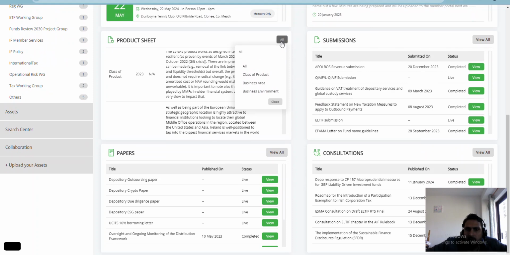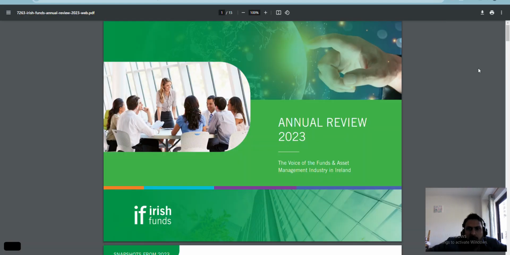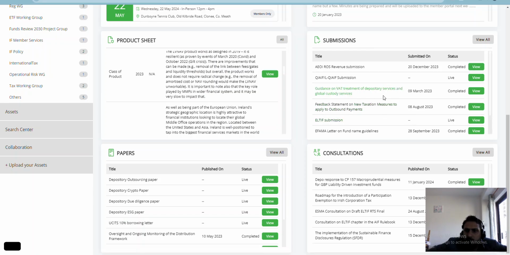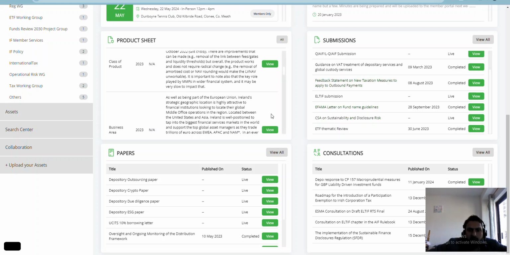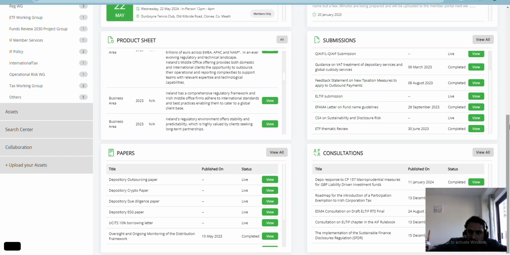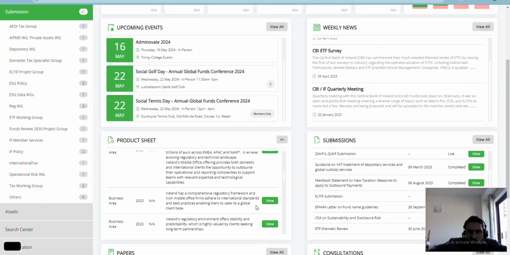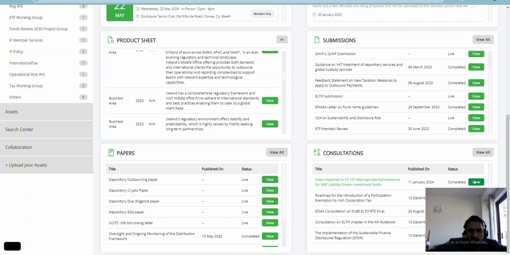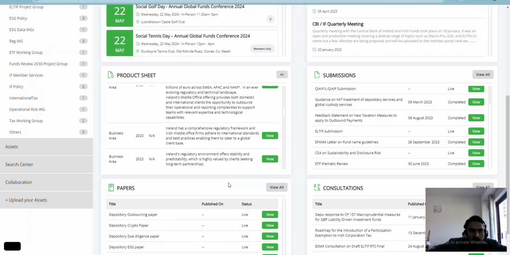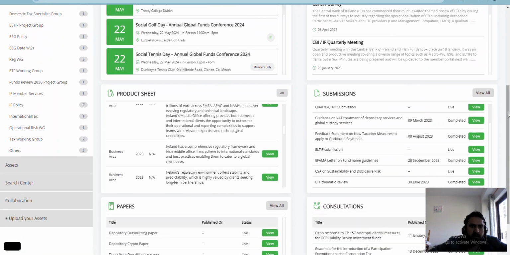And on the right side, these are the submissions. So different types of submissions are available here. This is also in the form of web part content, and all the data on the backend is coming in the form of JSON. And similarly below, papers and consultations. Some of the dummy documents are attached here as well. Okay, so this was our workspace dashboard page, assignments number 1 and 2, and then there was assignment number 3,